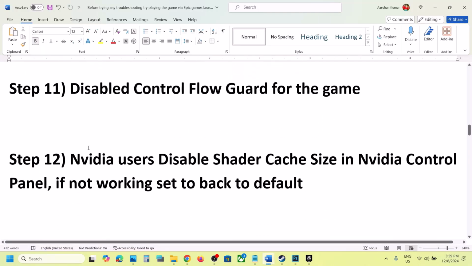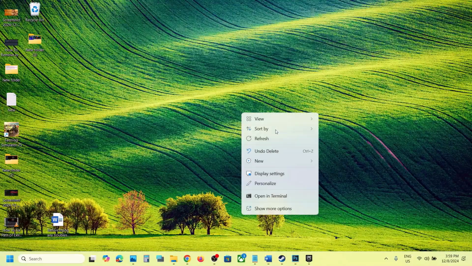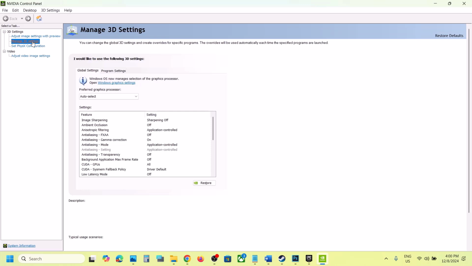Next step is, now this is for NVIDIA users, disable shader cache size in NVIDIA control panel. So open NVIDIA control panel. For this, go to the desktop, right click on the desktop, show more options, and then click on NVIDIA control panel. Now once NVIDIA control panel is open, go to manage 3D settings, and then go to global settings, and over here